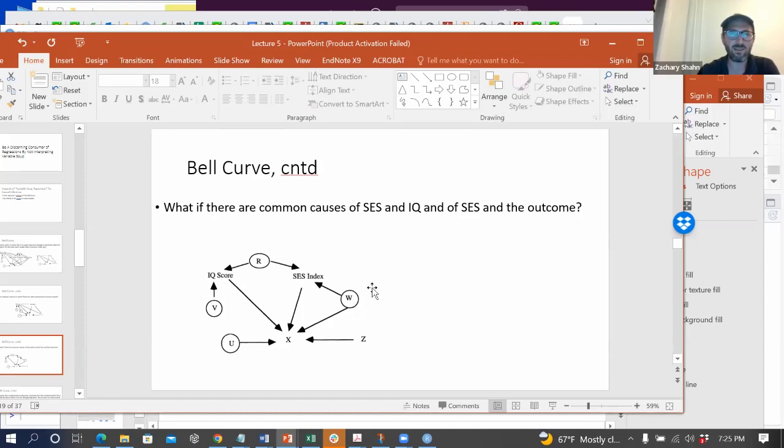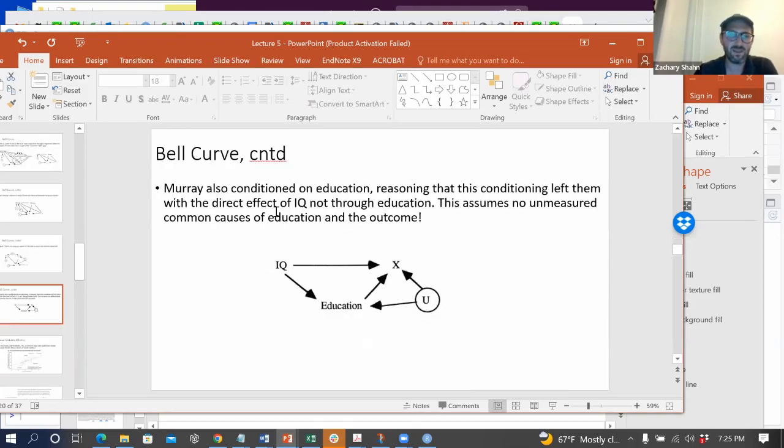And again, you'd get a biased estimate of the treatment effect. It seems very hard to rule out something like this, and it seems quite likely that this would be the case. Murray did this both with and without adjusting for education. But when he conditioned on education, like doing the analysis within levels of educational attainment, he reasoned that this conditioning blocked that IQ actually caused education, which caused the outcome. And that conditioning on it blocked this path and left you only with the direct effect of IQ on the